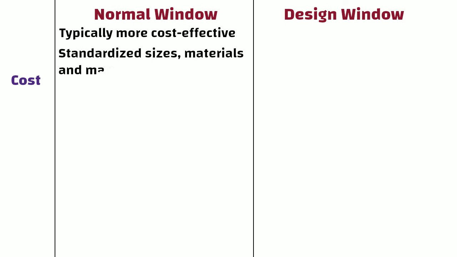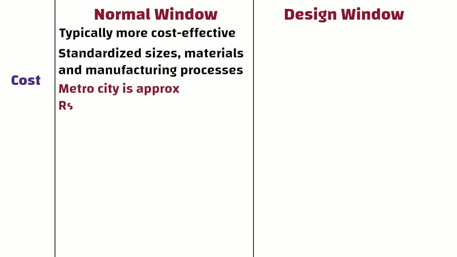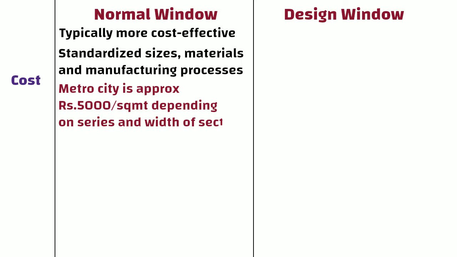Cost. Normal windows are typically more cost effective than design windows due to their standardized sizes, materials, and manufacturing processes. A rate of normal window in a metro city is approximately 5,000 rupees per square meter depending on series and width of section. On the other hand, design windows often involve